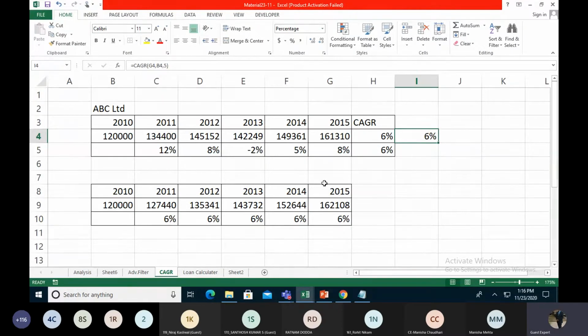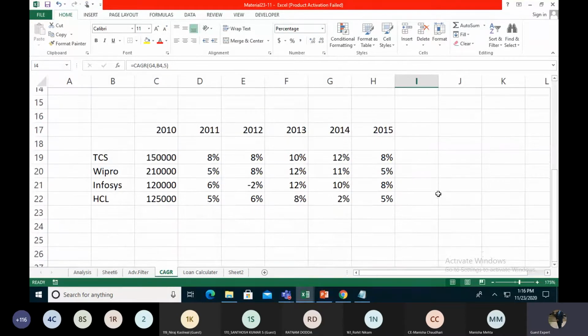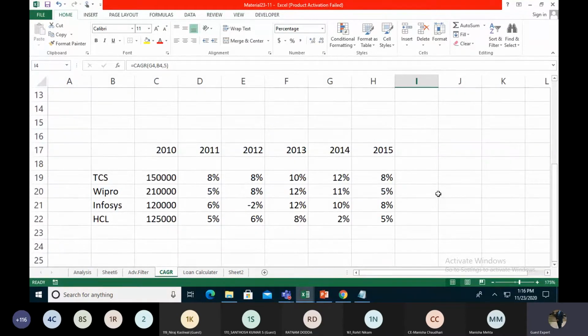Basically, you can see there are TCS, Wipro, HCL. We take their base amounts, which we find in their balance sheets and performance ratios. We also find the closing balance, and then we find the CAGR.